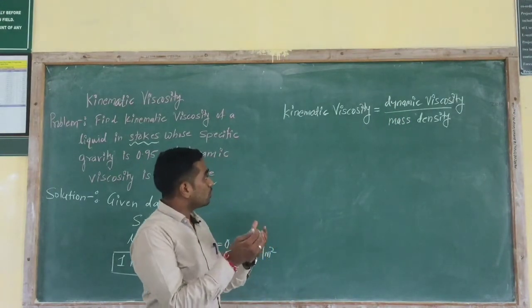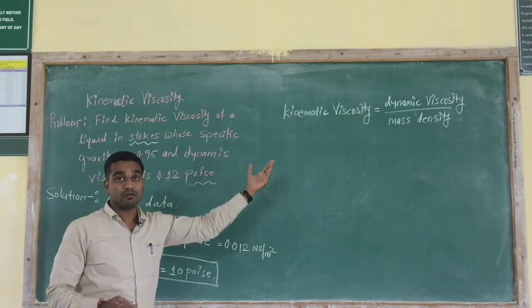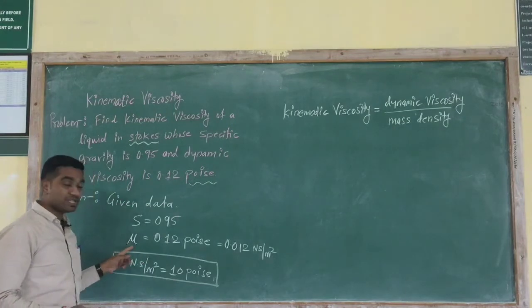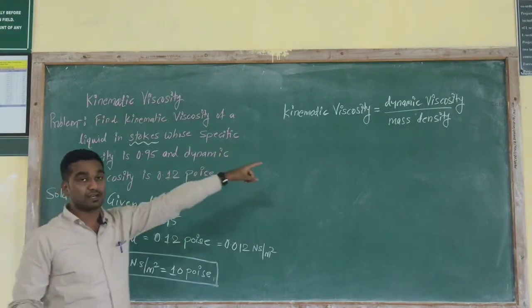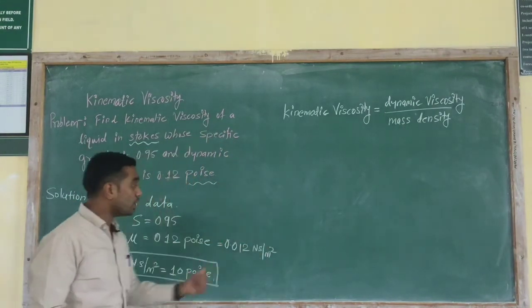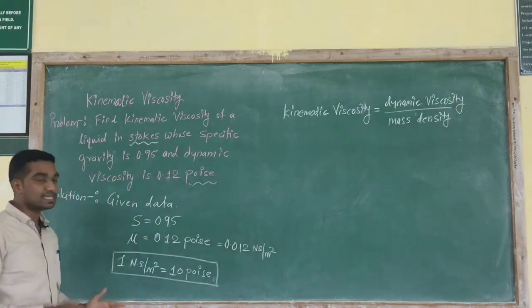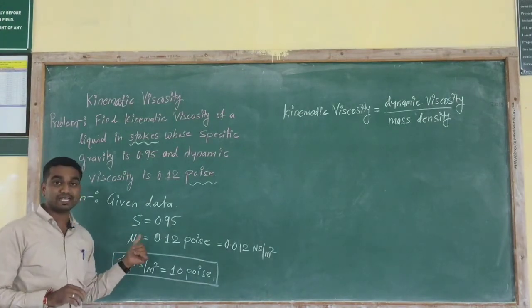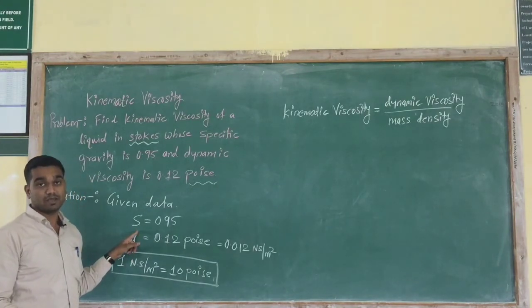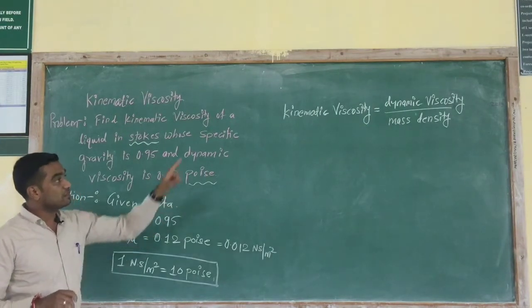So you have to go to our given data. What things are given and what things we have to find out first, okay? Dynamic viscosity, mu, is given, so we can easily put this value. But what is the second thing? Mass density. Here you have to check whether the mass density is given or not. Here the mass density is not given. We have to find the mass density by using the formula of specific gravity.